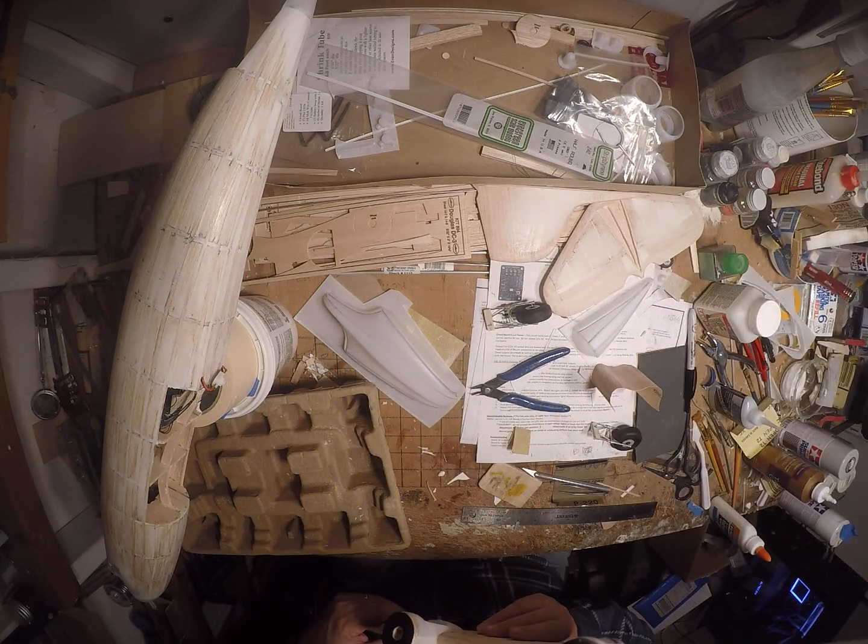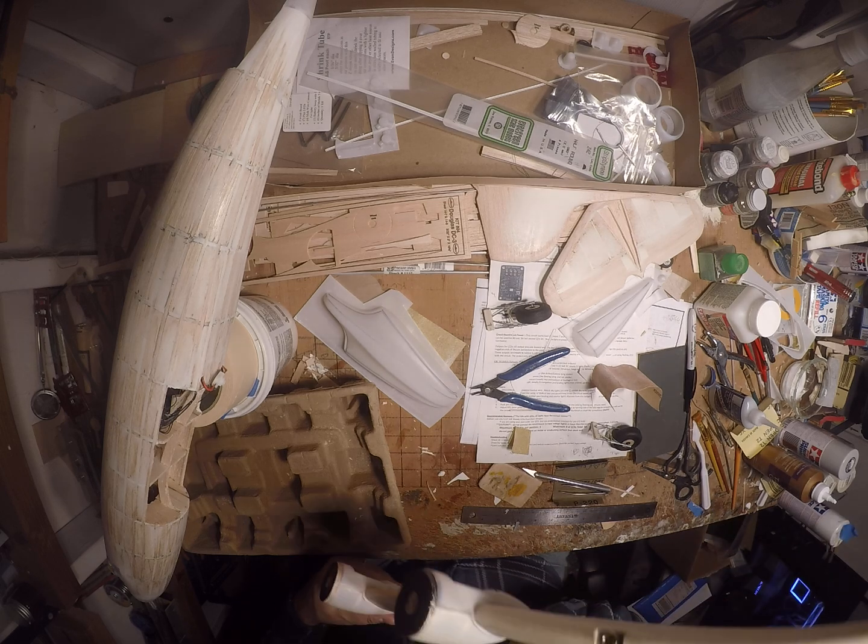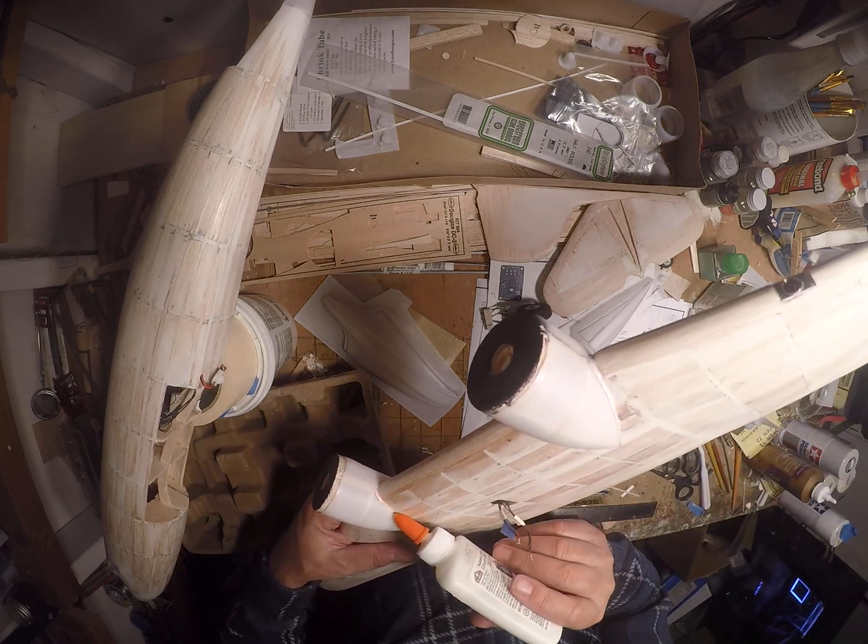The white wood glue does wonders now. You can see on this side there was a bit of an extra gap. It was kind of high